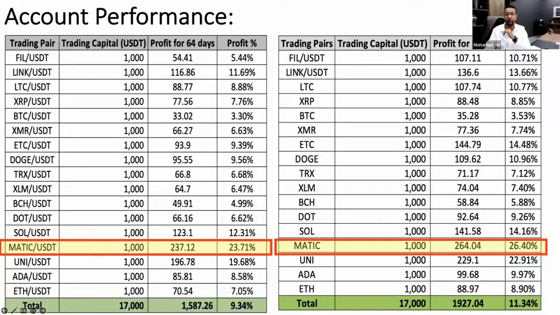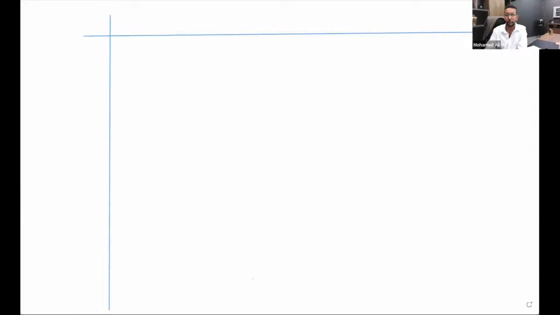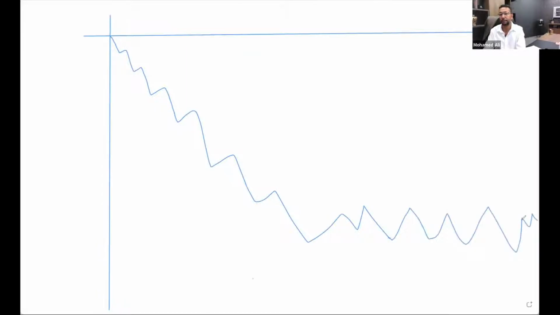Let me just use the whiteboard. That's going to be explaining it in an easier way, I think. So let's draw the market axes. This is the price, and this is the time. Now, the worst thing that can happen is that you start here and the market starts only falling down, coming down and coming down, and then staying here. Whether this is -50 or -60 or -70, and never comes back up again.